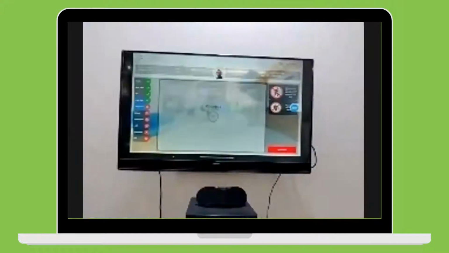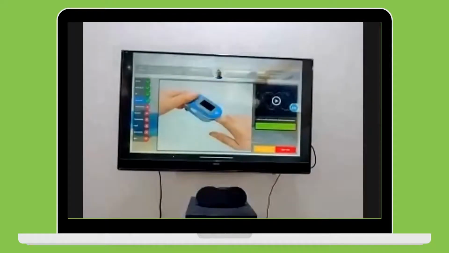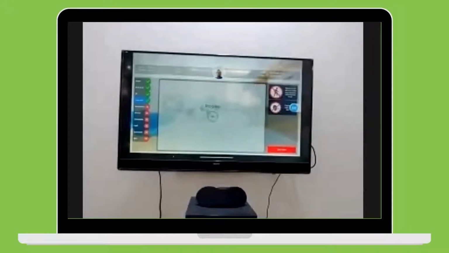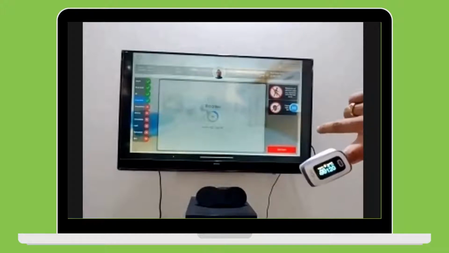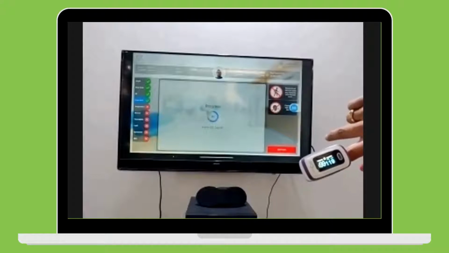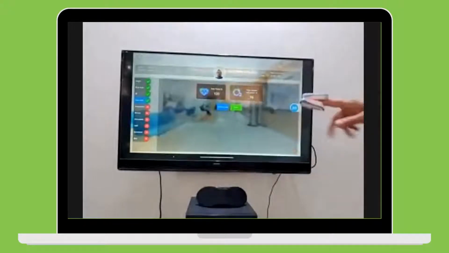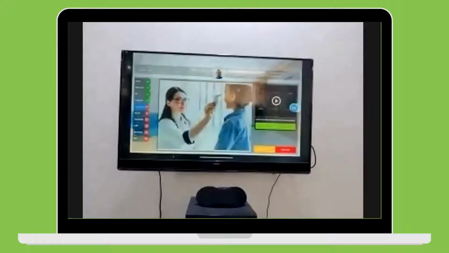Now it is still connected. Sorry, I am on the temperature. Press start, then press button on left digit. Pulse measurement started. Yeah, I'm on pulse. So it is showing on this, and then you see live readings on the screen also, and then it will take an average of all these readings. Next, I will show you on temperature properly how the readings are coming on the screen and on the device.